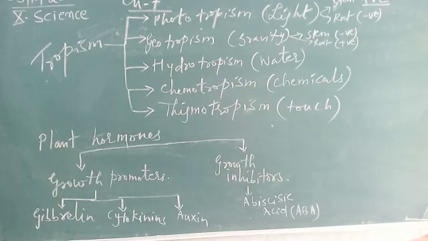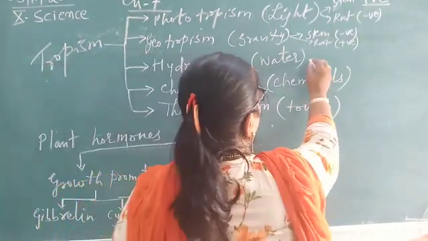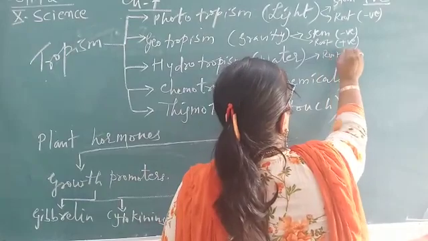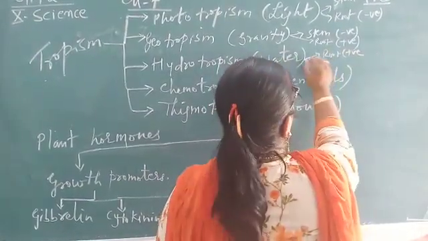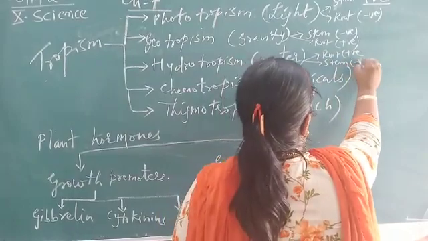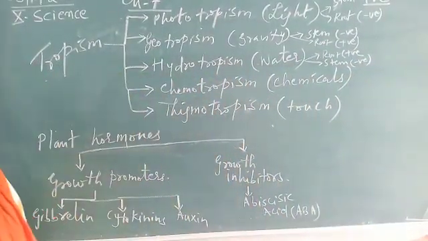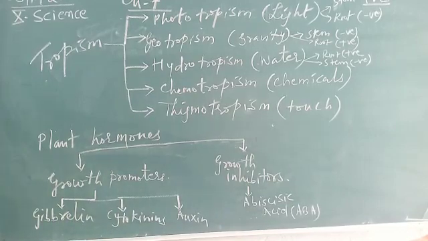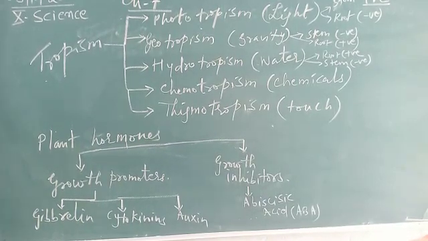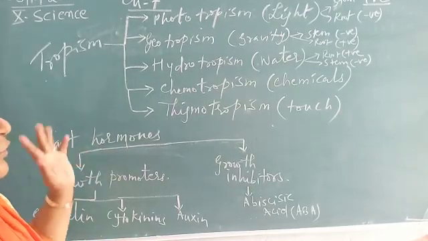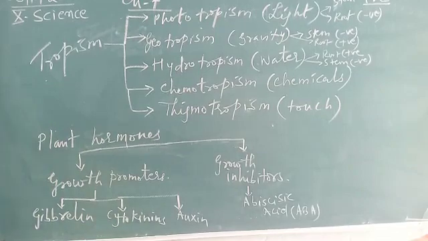The next one is hydrotropism. The movement of a plant part in response to water is known as hydrotropism. You know that the roots are always in touch with the soil and water, so the root shows positive hydrotropism, while the stem and other parts show negative hydrotropism, right? So roots are growing downwards and on the right side where water is available, so they show positive hydrotropism.